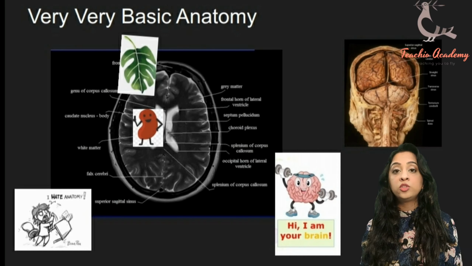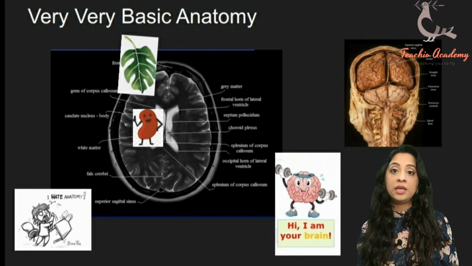Okay, what I want you to concentrate on is that it looks like a walnut or almost like a leaf. So you see these beautiful striations of your gray matter curving into the white matter. This will become important when we discuss gray and white matter differentiation. So just have that image of a walnut or a leaf in your mind.